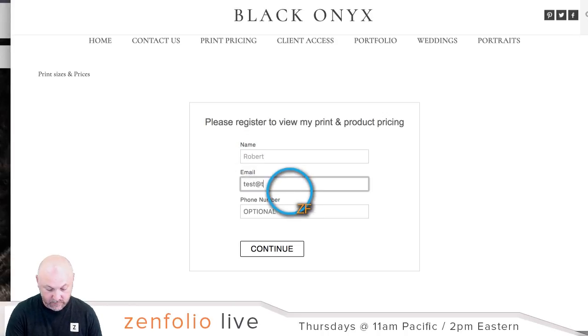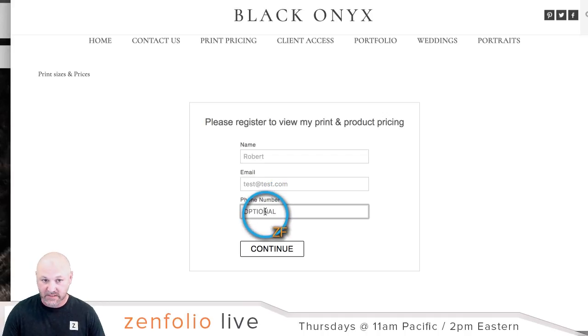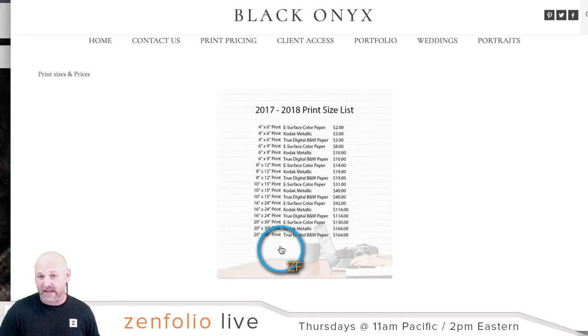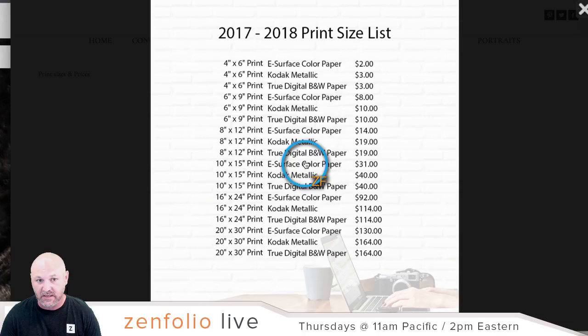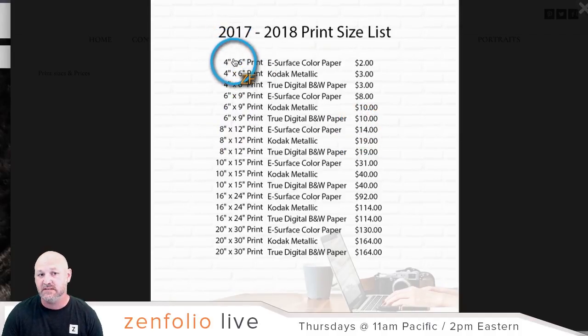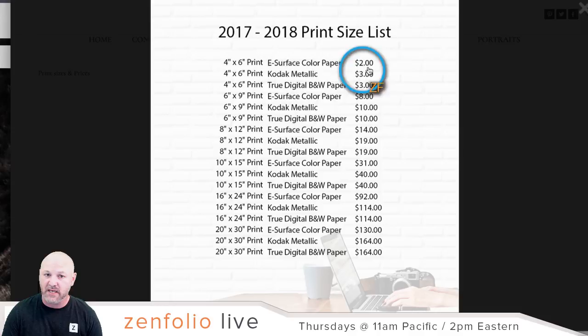email, and then if I wanted to put my phone number, I can. Obviously, it's optional, but I'll put that in there and hit continue. And only after doing that can the visitor actually come and see this print pricing right here. So they click on that, and now they can see the size of the print, the color type, and the